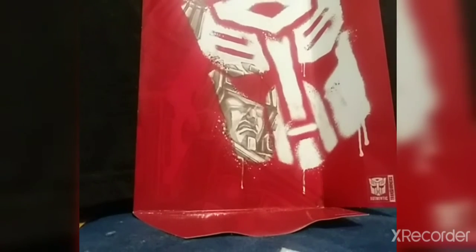As you can see, it works like that. I don't know if you can see it like so. It does work, as you can see. Now the ammo clip does store on the back of what is his shoulder cannon. Now one thing I did manage to accomplish is that the blaster section of his weapon can be held in his hand. Now one thing I did actually find interesting is that